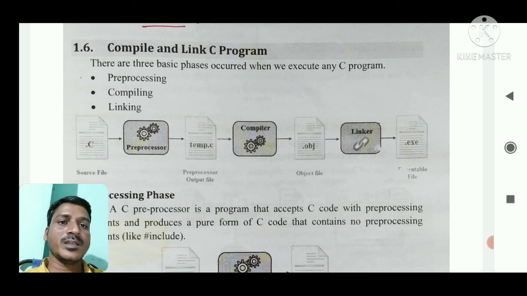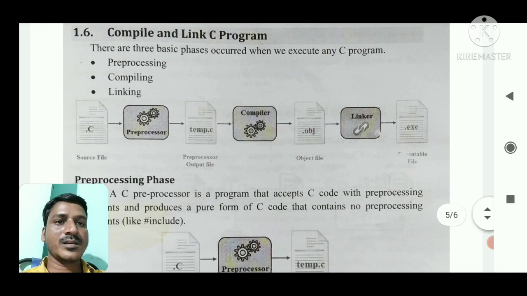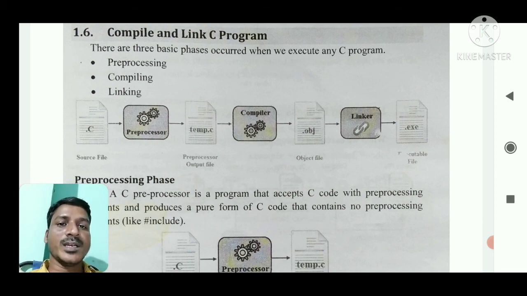Then the temporary file goes to the compilation process. After the compilation process is completed, the object file is created. Then the object file is converted into the .exe file, which is called the executable file. So this is the compile and linking process in our C programming.